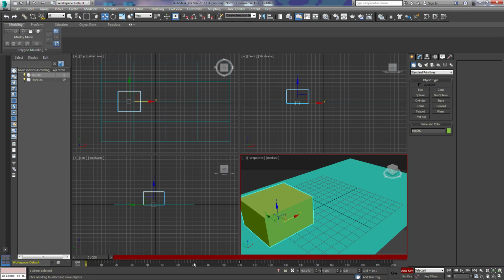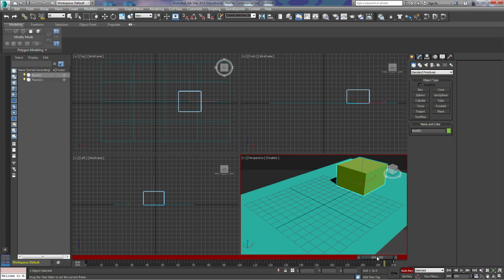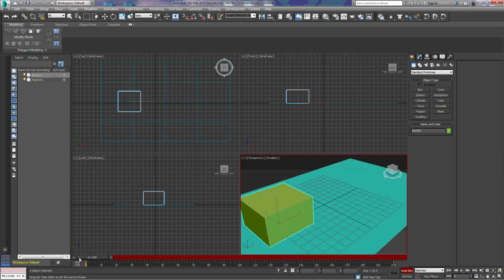Now, if we take this little box here and we slide it forward, I'm just clicking on it and dragging it to 200. Notice that now our box moves slower, and at frame 200, it reaches the point where we set our key. So let's play through that. I moved it back to 100. I'm going to hit play right down here. Let's turn our auto key off right now. We'll hit play,